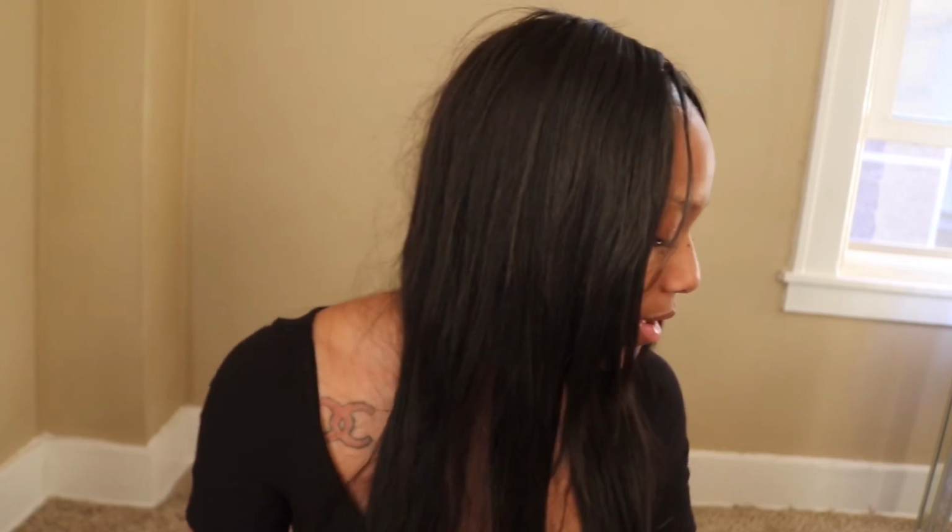But honestly, I am kind of skeptical about doing other people's hair, and they talked about that today. If you are one of those people that's gonna limit yourself to, oh, I can only do this kind of hair, I can only do that type of hair, then you're not gonna make it far. So I'm definitely willing to learn, but I just don't know how I feel about the scissor haircut thing. Or you know what, I don't even know how I feel about haircuts, period. I don't want to cut nobody. I don't even want to do fades or none of that, but whatever, I'm gonna have to learn. So that will be that. Anyways,